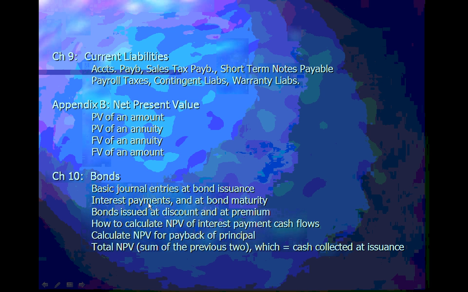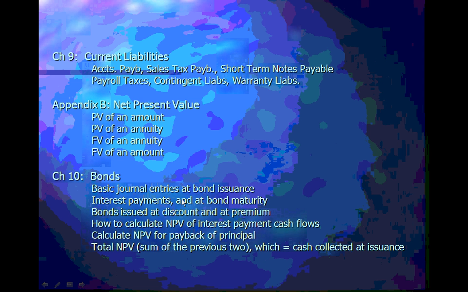You've got to know how to do journal entries for the interest payments, and for bonds issued at a discount and at a premium. You have to know that. The way to calculate those is you calculate the net present value of the interest payment cash flows. That would be an annuity that you get as the investor. And of course, you get the net present value of the payback of principal as well. You've got to bring that back to today. The sum of these two gives you the total net present value of the bond, which is equal to the